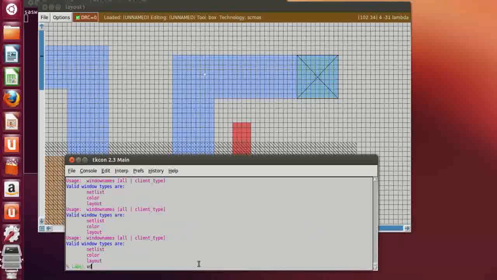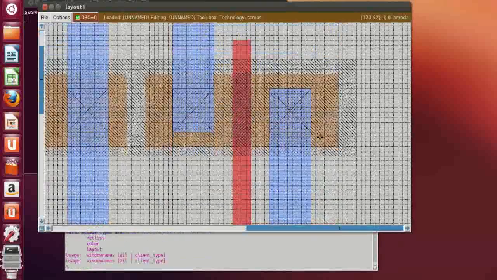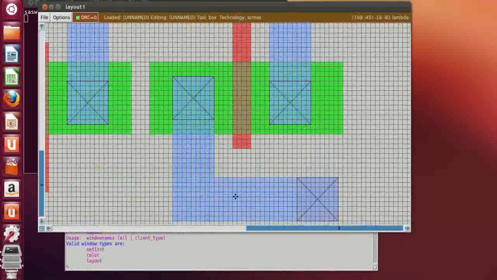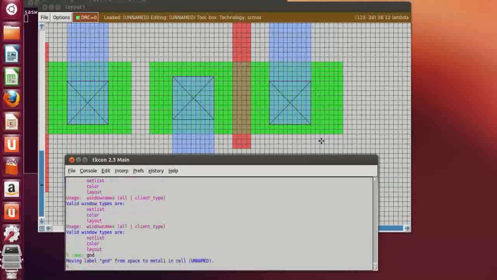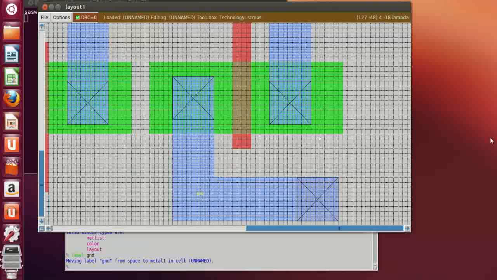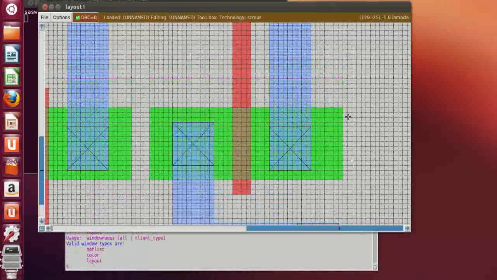So label VDD. This is the ground. So label ground. Okay. Now after labeling the VDD and ground, so after giving the labels,